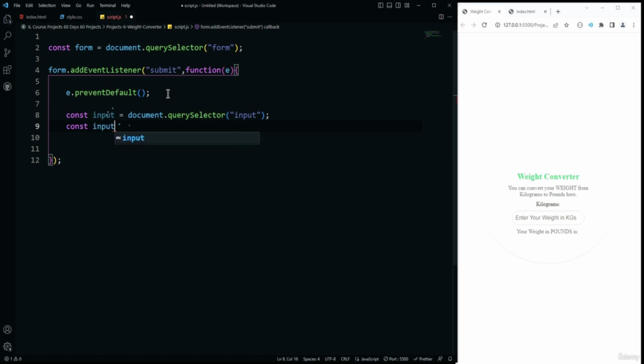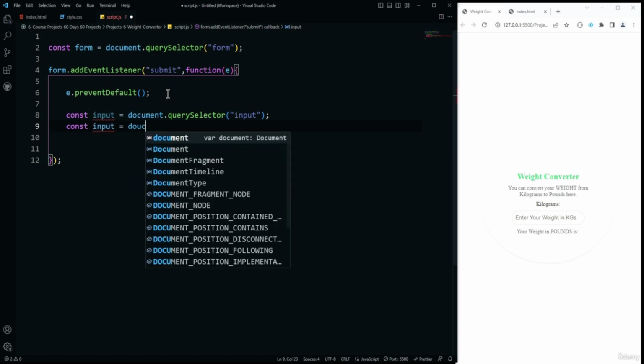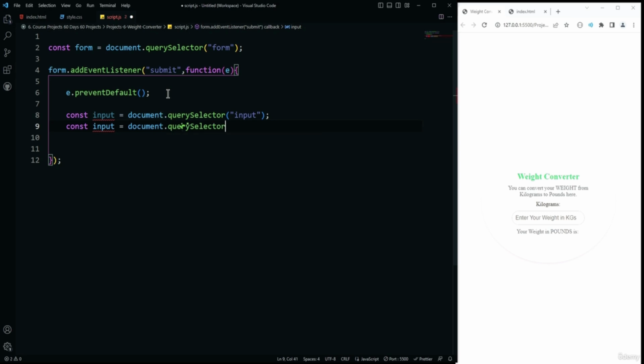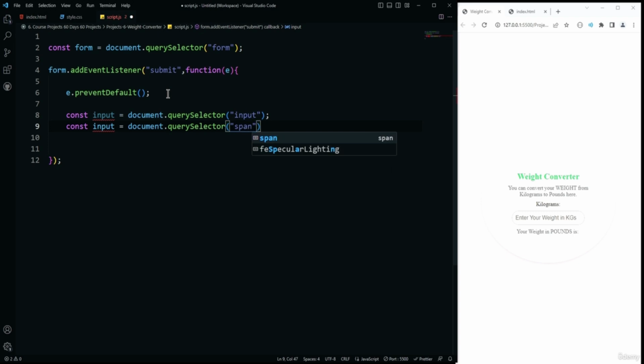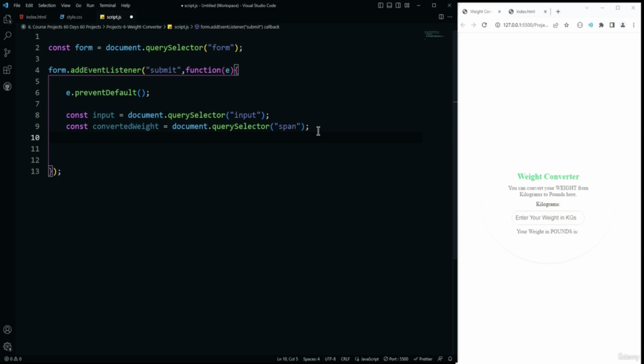So here we want to again use the input type, which is going to be document.querySelector, and inside of that we want to specify the span tag, that is this one. Okay, and you can see it is giving an error because the variable name is the same. So here we need to use convertedWeight. Okay, convertedWeight, and after that we need to create the variable that we want to use for holding the weight